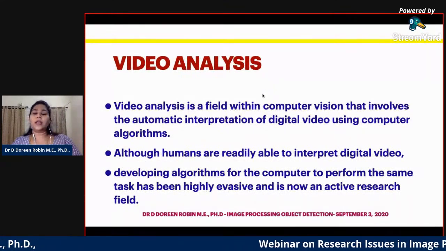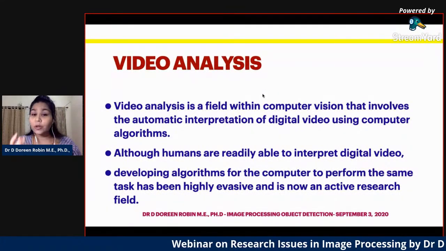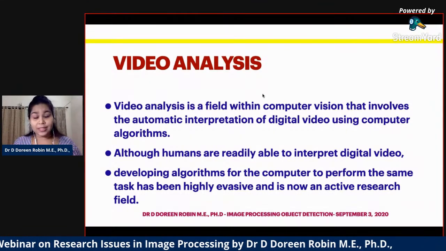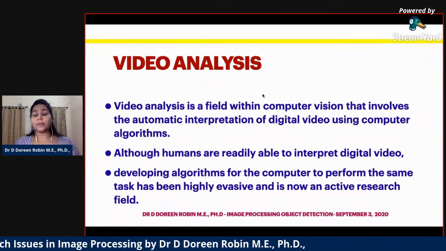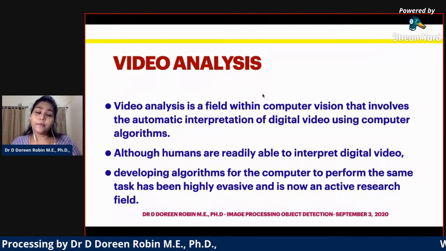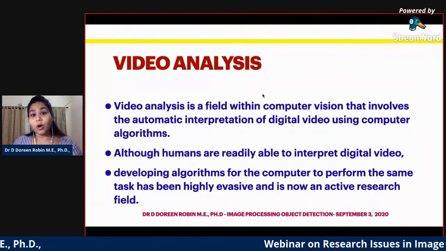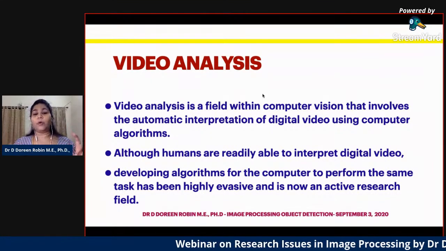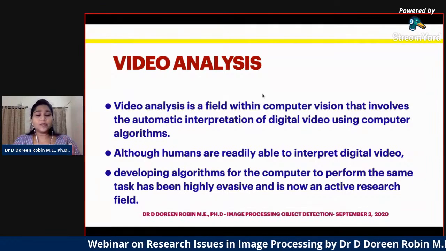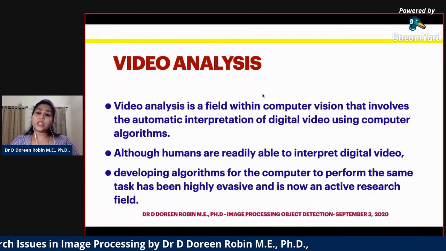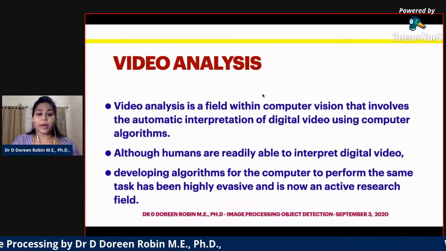And video analysis. You should have seen a lot of CCTV footage on your Facebook when a murder has taken place. Even now you would have seen a lot of videos of a murder, even that Thoothukudi case, a lot of CCTV videos kept going around. Once an image is fed into an algorithm, it will be able to categorize and interpret it more digitally, the way a human would interpret it.